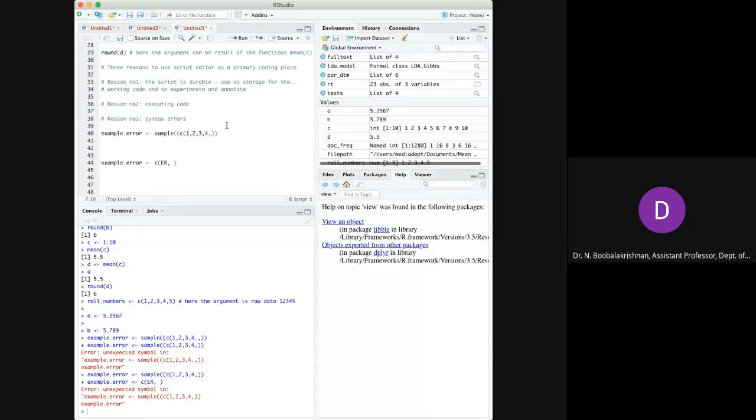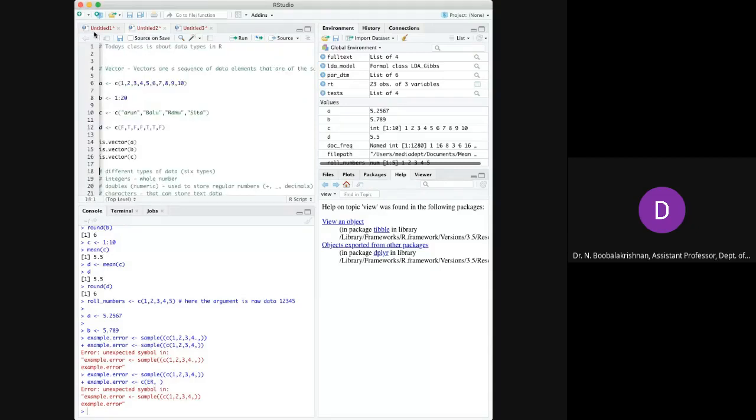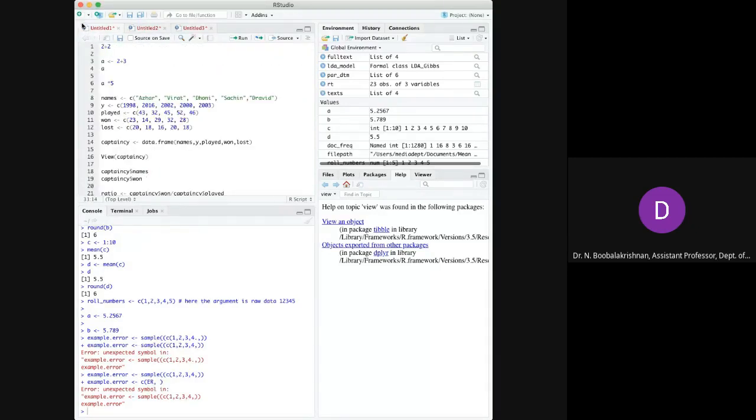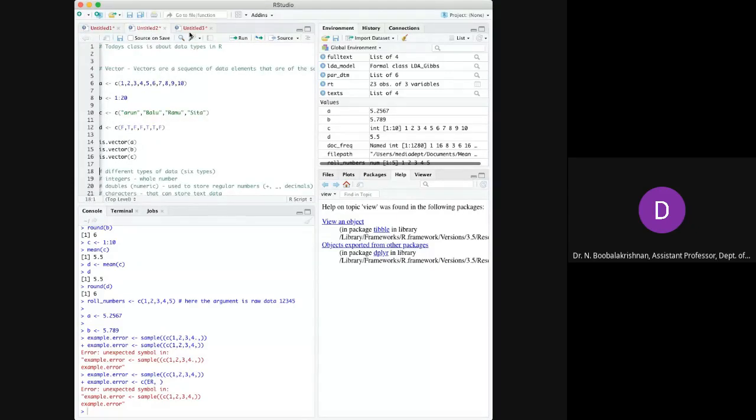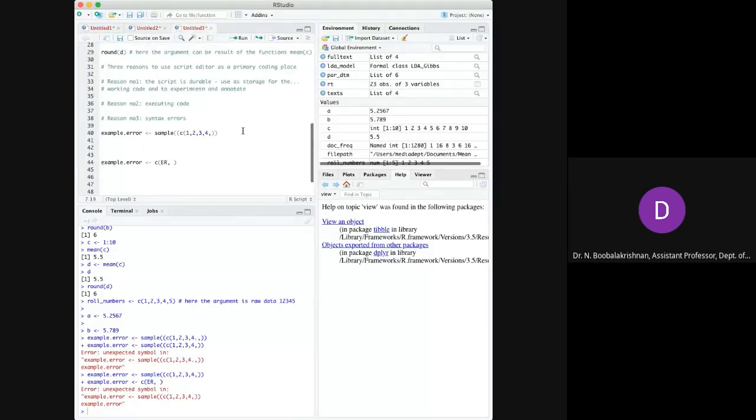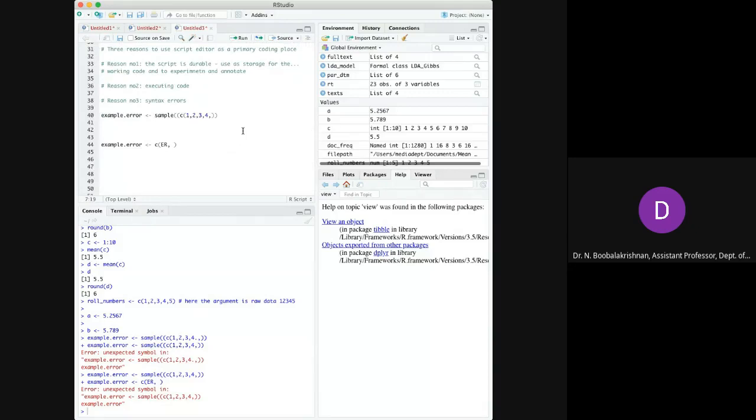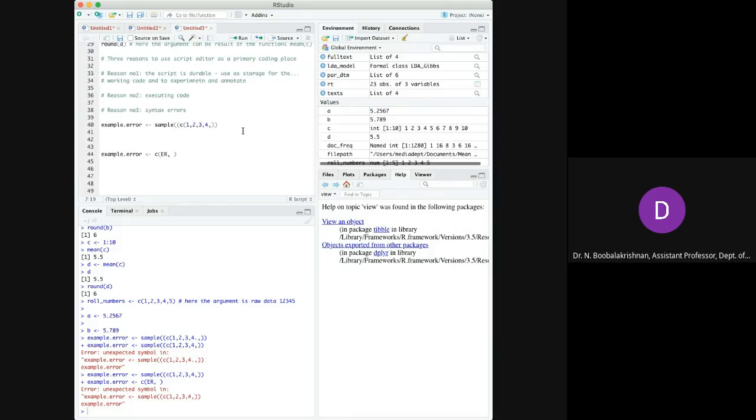Because it's durable, where you can see this is what we did in the first class. I haven't saved it yet, but this we did in the first class, this we did in the second class, and now we are in the third class. We can save, and it is durable. And we can execute code, write a number of codes, and try experiments. You can do all these things, and get alerts and warnings about syntax errors.